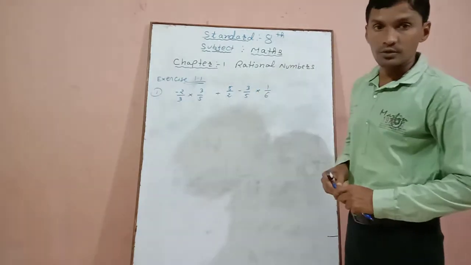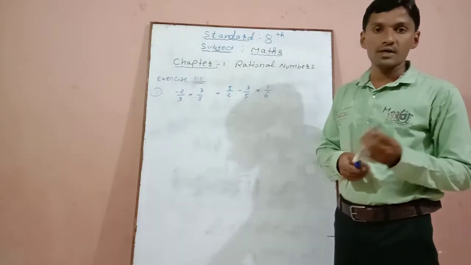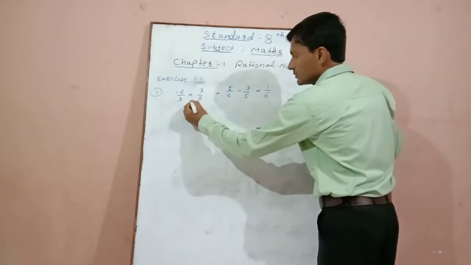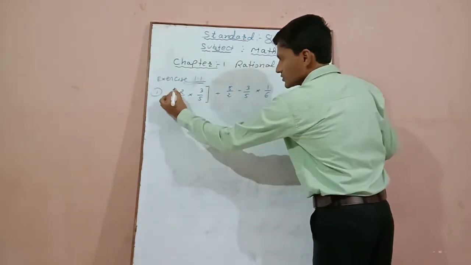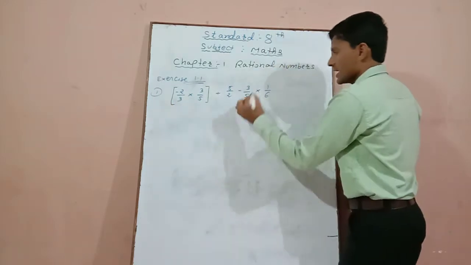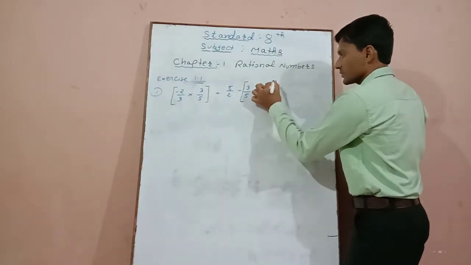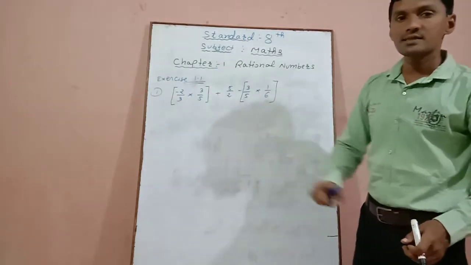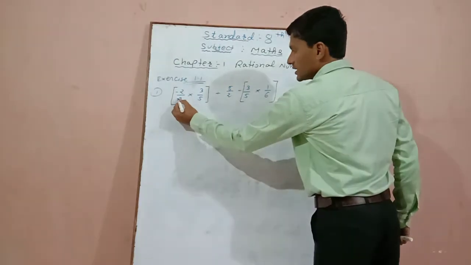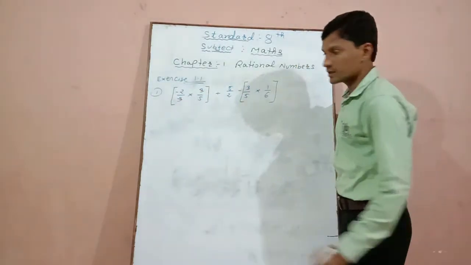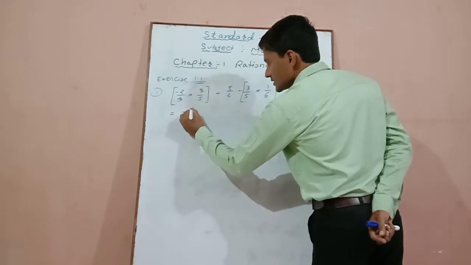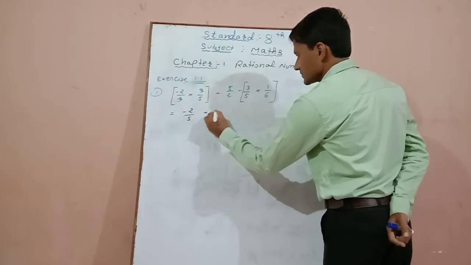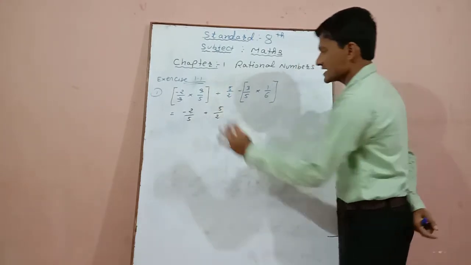This is the question. We have seen it in the last example 5. In the same way this answer will also be solved. So here it is a multiplication. So these two numbers will be solved first of all, and the second multiplication is here. So these two fraction numbers will be solved. Now by solving this we can see that the numerator and denominator are the same. So it will be cut. Now what will be the answer? Minus 2 divided by 5 is the remaining answer. Plus 5 divided by 2 as it is.